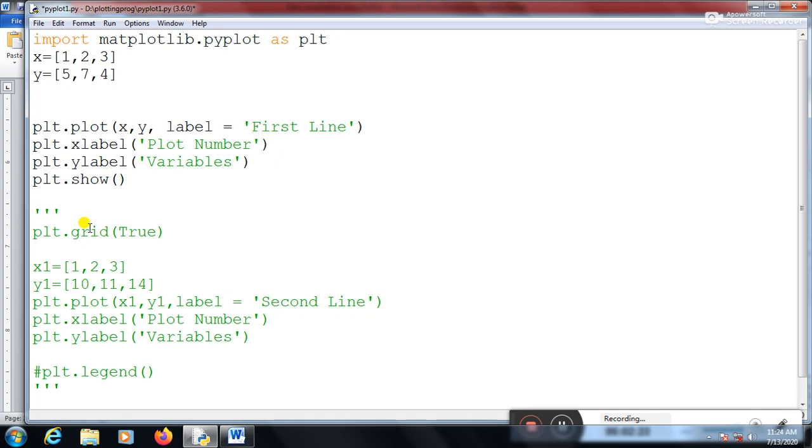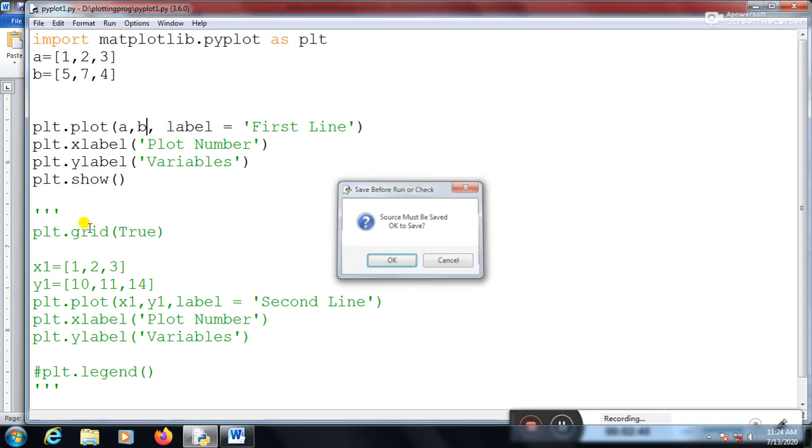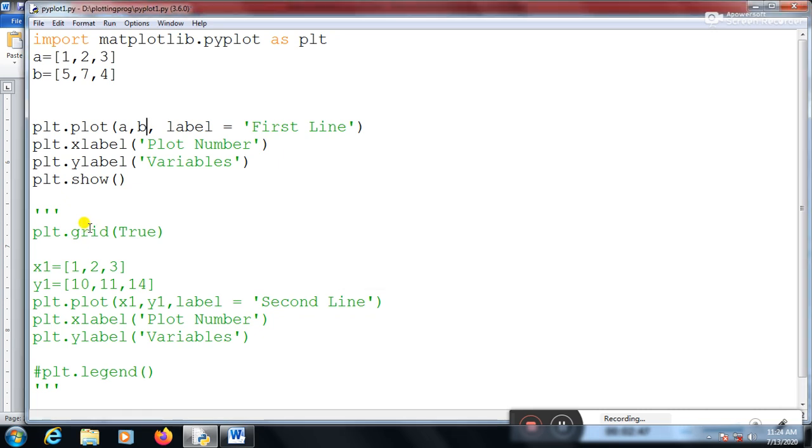For plotting, the very first thing you require is data for the x-axis and y-axis. As an example, I'm using a and b here. In the x-axis I require data from the a variable, and in the y-axis I require data from the b variable. Now I'm running this program. It's asking me to save, so I'm saving it.